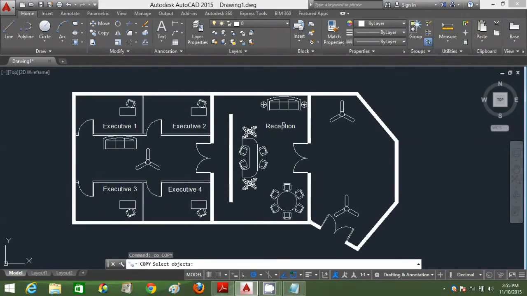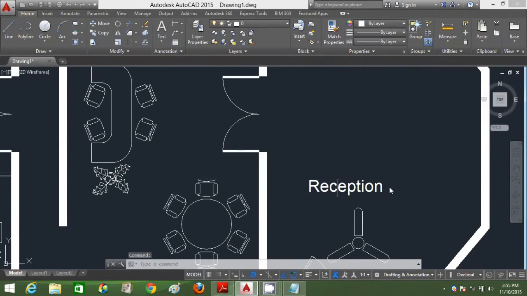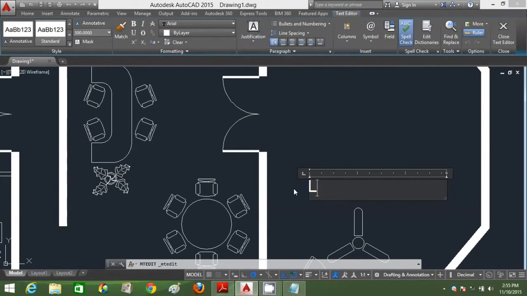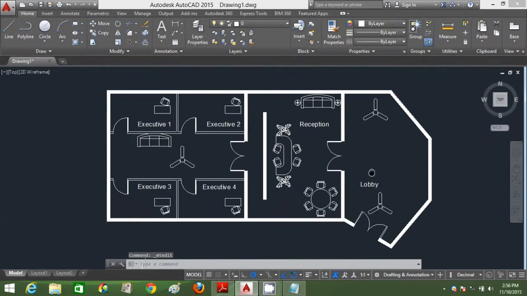So I'm gonna copy that text now. Double click on that text and just edit it to Lobby. Alright, type D, enter